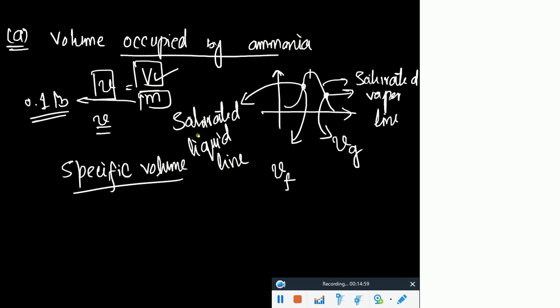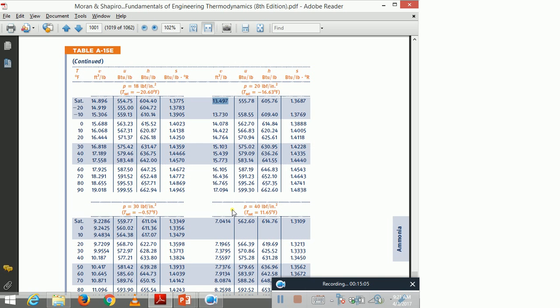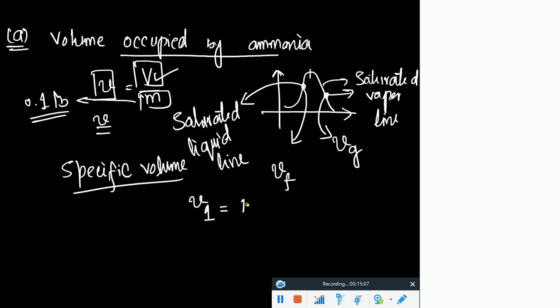So now it means V1 would be equal to 13.497 feet cube per pound. Is it understood? Is it understood or not? Okay. Now,